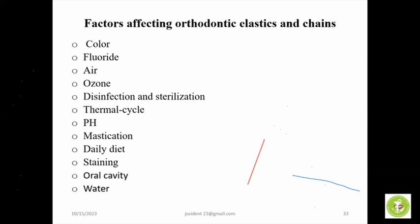If you look at the fluoride component, there are chains called fluoride-containing chains, and we have the standard or conventional gray chain. When we compare these two kinds of chains, the fluoride-containing chains have the advantage of releasing fluoride, preventing the process of demineralization and enhancing remineralization. But they have the problem of rapid force decay. They conducted research comparing this standard gray chain with the fluoride-containing chain, and the